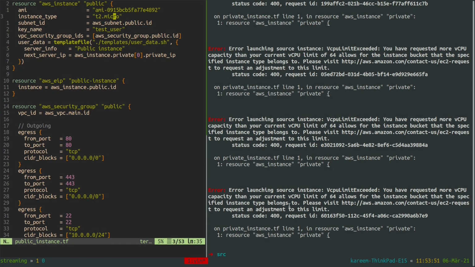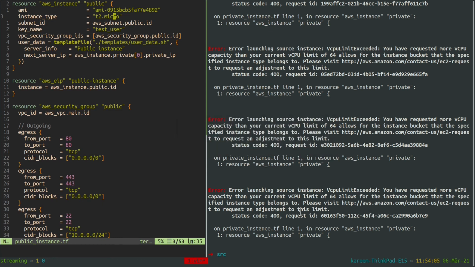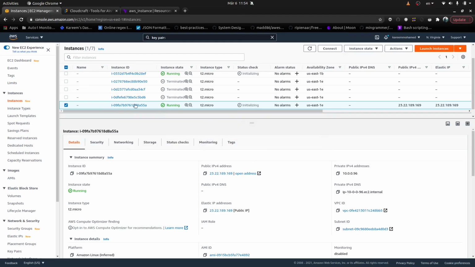Okay, I didn't expect this, so I got an error that I have requested more CPU than the limit of 64. I have never seen this error before, and yeah, I can adjust this limit by sending a request to AWS apparently, but let me check.